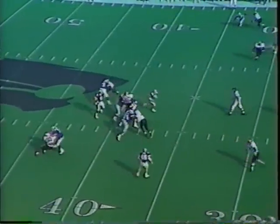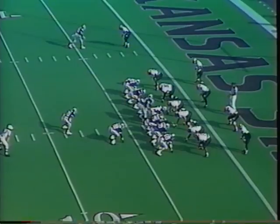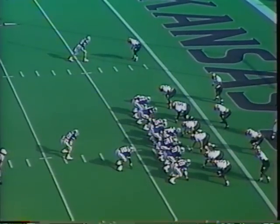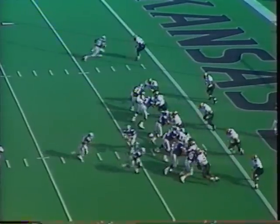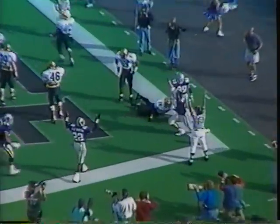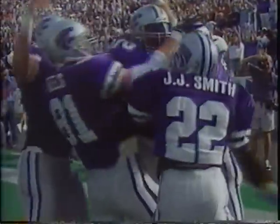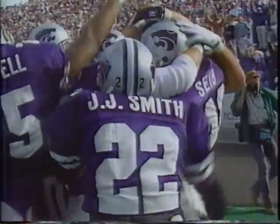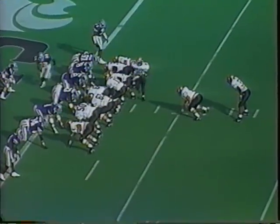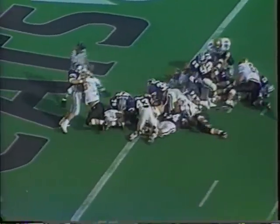Trailing 9-6, K-State opened the fourth quarter with a 13-play, 77-yard drive to take a 13-9 lead on this pass from Chad May to senior tight end Brad Side. May fakes the handoff, looking right, wants to throw the football, now throws for the end zone, pass caught by Side, touchdown! Brad Side makes the catch, 9.5 yards deep in the end zone. K-State takes the lead. After a K-State turnover, Colorado regained the lead 16-13 with 3:57 left to play, which set